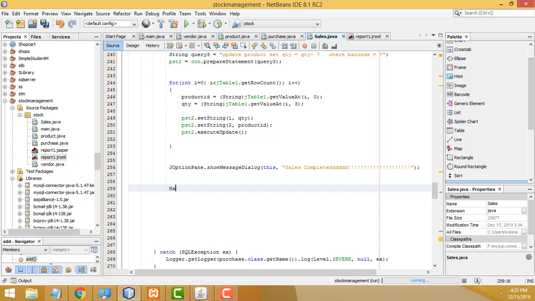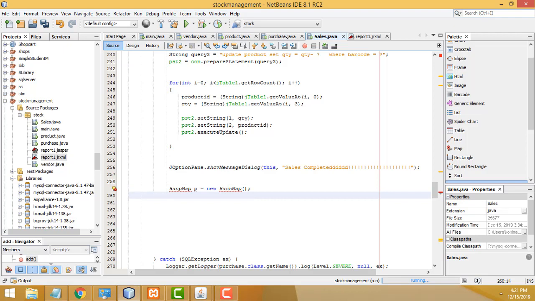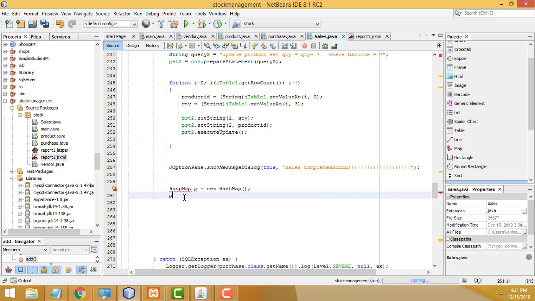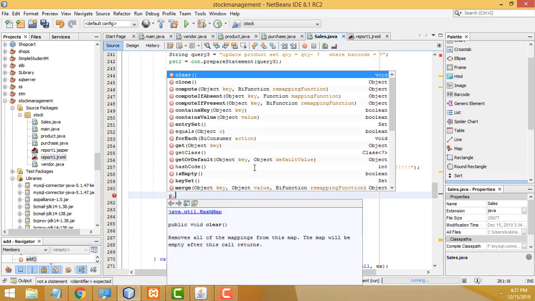We have HashMap, we have to write HashMap. Create the object p equal new HashMap. Right. Now here we have to add the namespace. After that, you have to add the p dot put. HashMap, H, not a hash. Right. You have to write p dot put